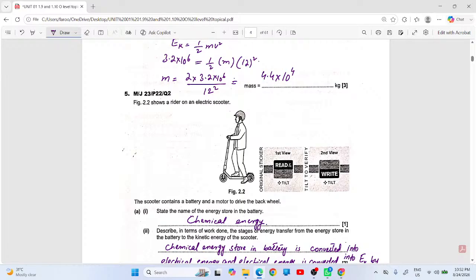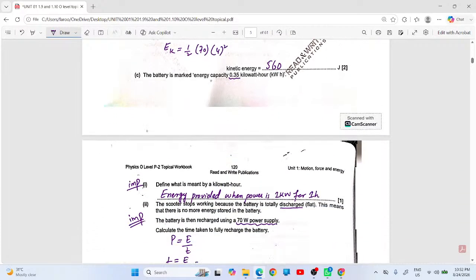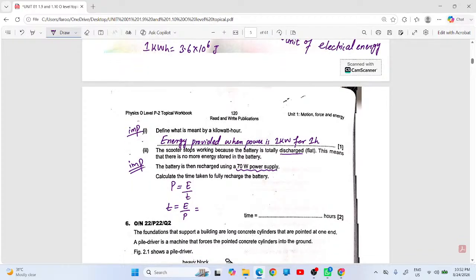सर, वैसे kilowatt तो given ही है, 0.35 किलोवाट आवर. ये है, this is the energy, this is not the power. Kilowatt hour is the energy unit of electrical energy. और इसकी value भी बता देता हूँ: 1 kilowatt hour equals 3.6 × 10 raised to power 6 joules. सर ये याद करना है। कर लें तो अच्छी बात है।